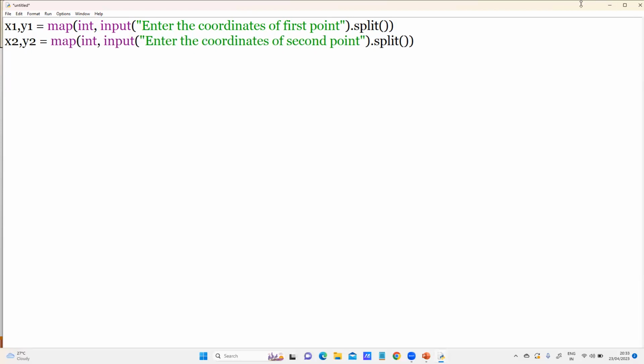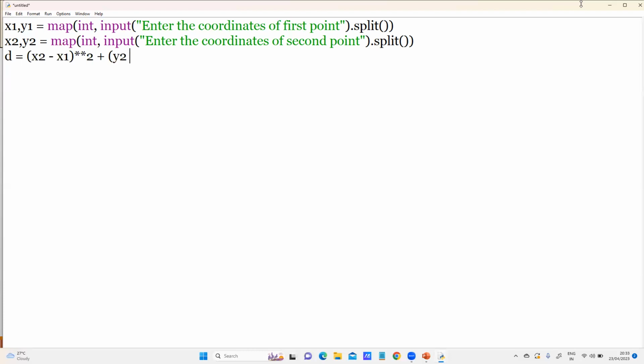So once you have the 2 points with you, now calculate the distance between those 2 points using the formula. So D equals x2 minus x1 whole to the power 2. So for exponentiation, we have double star. x2 minus x1 whole square plus